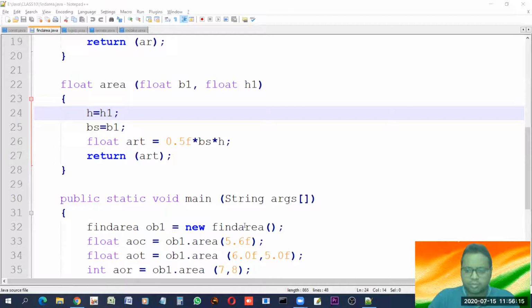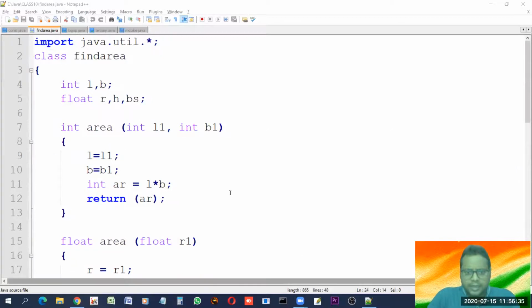Data has got the utmost importance. So data hiding hides the data and it reserves its use within the class. If you want to use the data in another class, then you have to follow different things. You have to allow permissions and all, and then data can be used. So data hiding keeps the data safe. And what we have seen, encapsulation, enclosing or encapsulating or wrapping up of data in function.